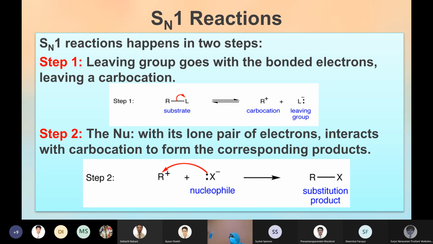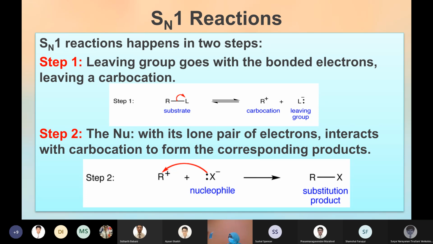The first step is bond breaking. So the first step is written without arrows in both directions. The bond is completely broken and you get a carbocation and a halide. No direction is required because the entire bond is broken. In the second step, you can have that problem. In the next slide, we'll explain how it affects the direction.